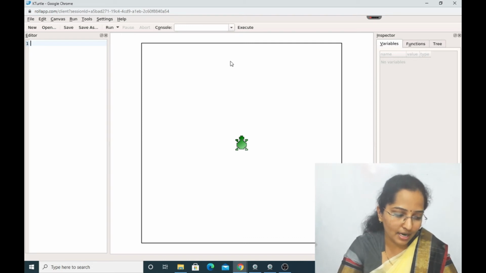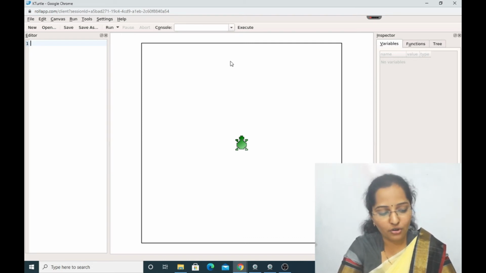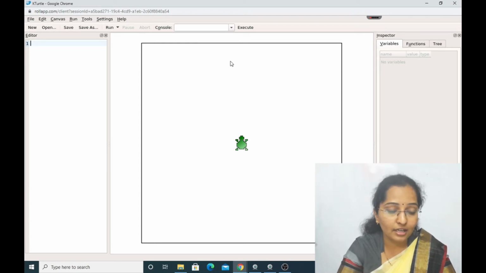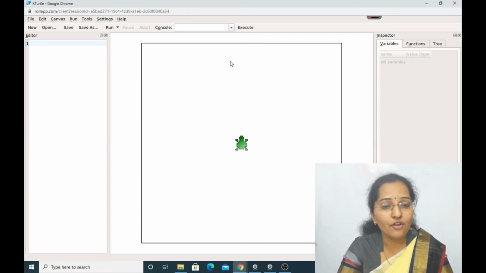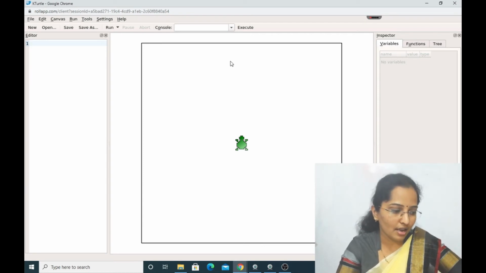The repeat command is very useful to draw closed shapes that are made up of equal sides and have equal angles. To draw the shapes with equal sides and equal angles, we use repeat commands. In a square, all sides and all angles are equal. Yes, for such shapes, we can use the repeat command. How we will use and execute it, we'll see now.